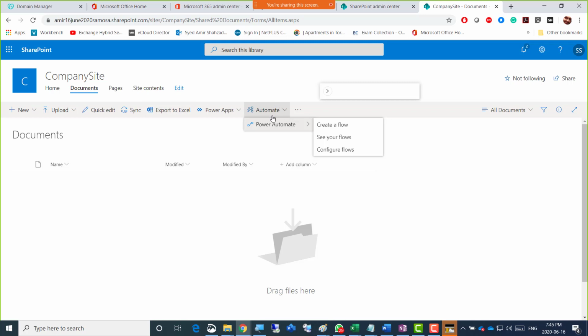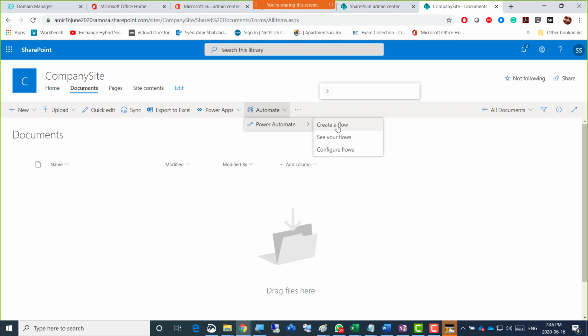So if you're on this page and you are on Automate here, let's click that Automate and then go to Power Automate. What Automate means is you're automating the 5, 6, 7, 8, 10, 12 tasks that you do every day. If somebody uploads a document, my job is to attach this to Outlook and email it to my manager, and also change its permission, and also some other three, four more tasks that you have to do pretty much every day. Why don't you just automate that whole set of processes? So there's Power Automate, or create a flow, that we can do.